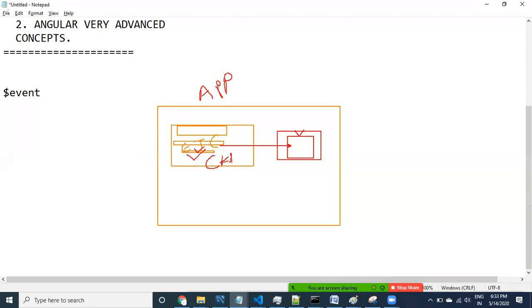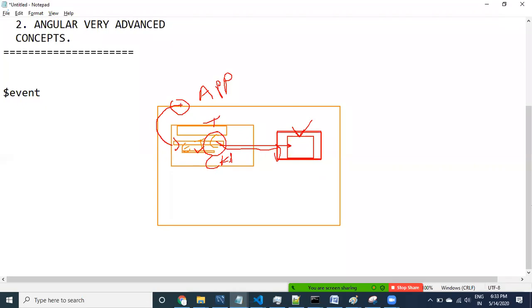When the user clicks on this particular information, it is going to print in the browser, in the app component. Meaning I need to fetch the information. This is a kind of output. Input means whatever information is in the app component, we are passing app component information to the table component.